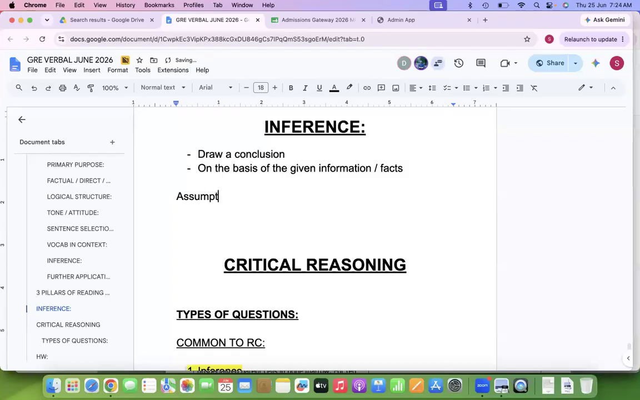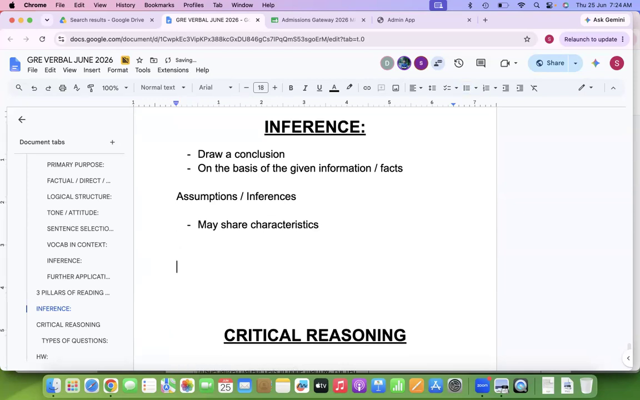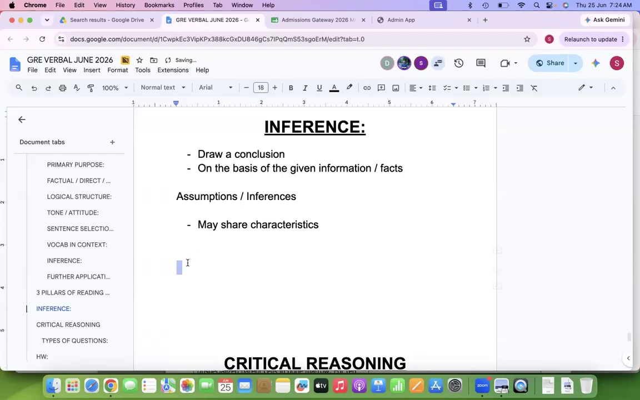Assumptions and inferences, they may share characteristics. Let's say I am the author, you are the reader. I'm coming up with a statement. My statement is,